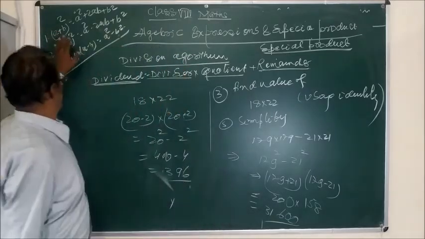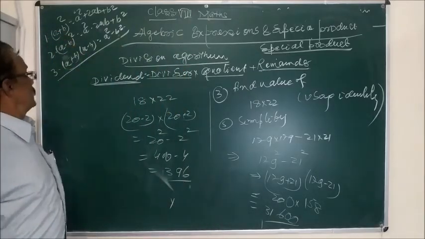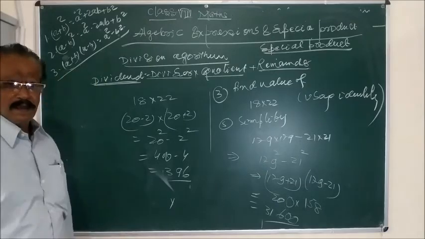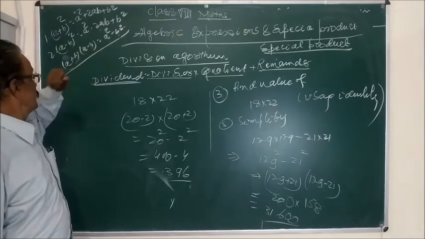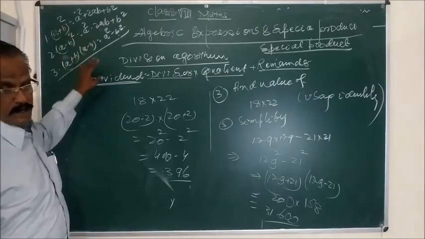So this is algebraic expression, a special product. These are the 3 algebraic identities. You can verify and derive these formulas. You can also find the derivation, but you should also remember these identities.